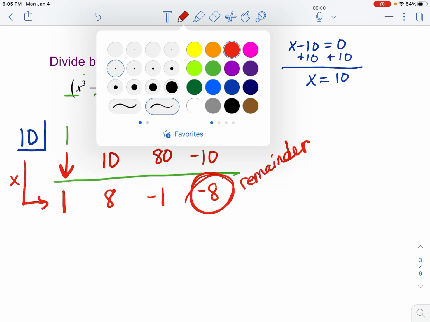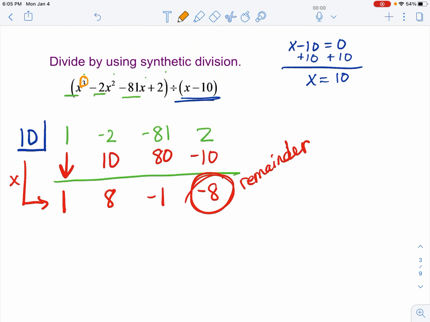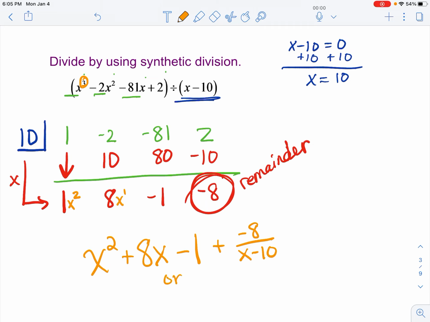So we start out with a 3 as our highest exponent. We subtract 1, so we have x squared. So it gives me x squared, x to the first, and nothing. So our answer is x squared plus 8x minus 1. And then we can either add and put a negative 8 over x minus 10, or we can have x squared plus 8x minus 1 minus 8 over x minus 10, since that right there is a negative. All right,